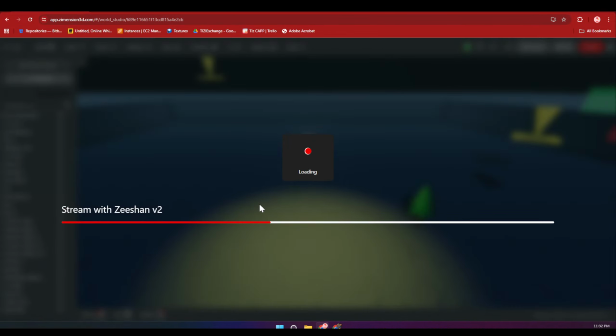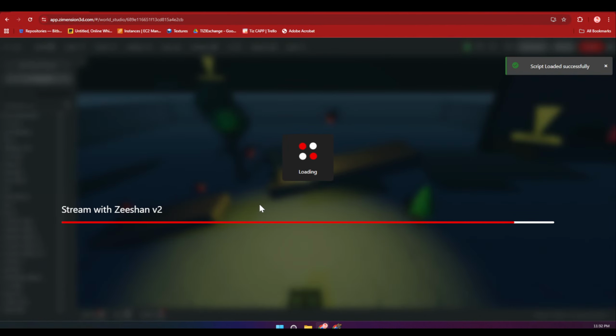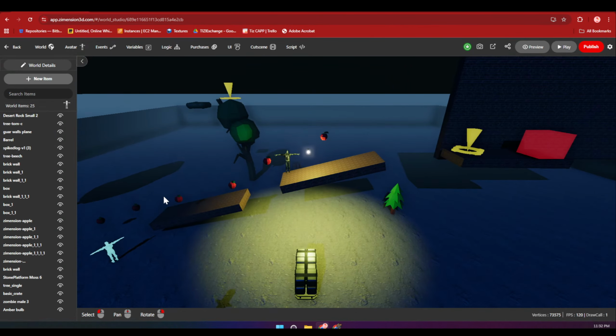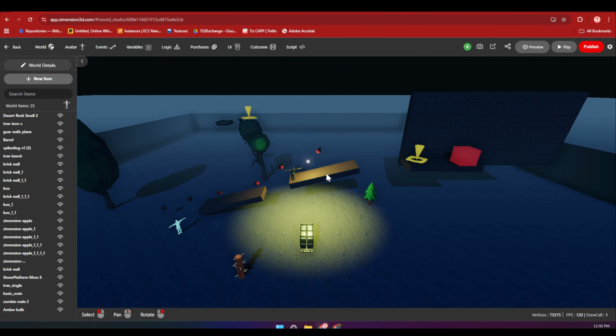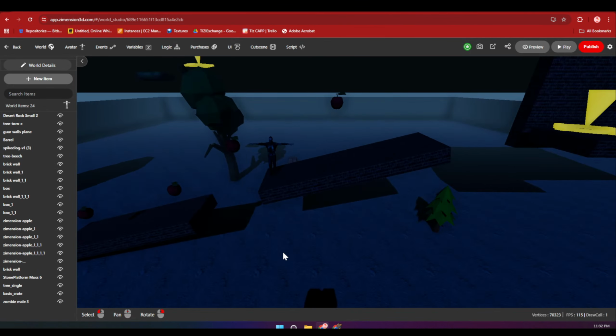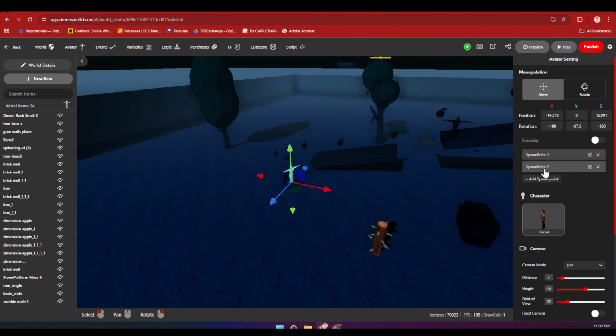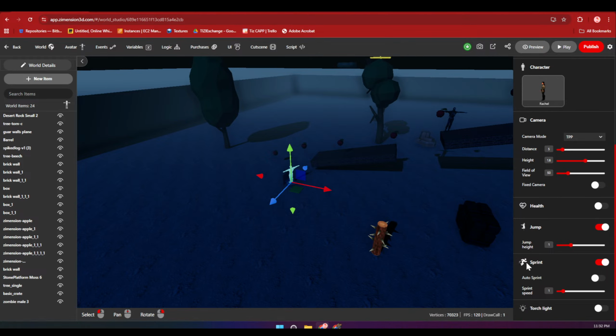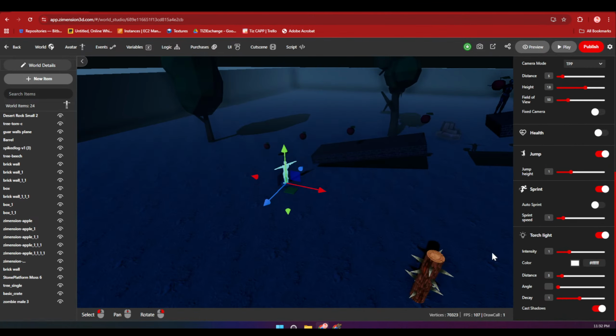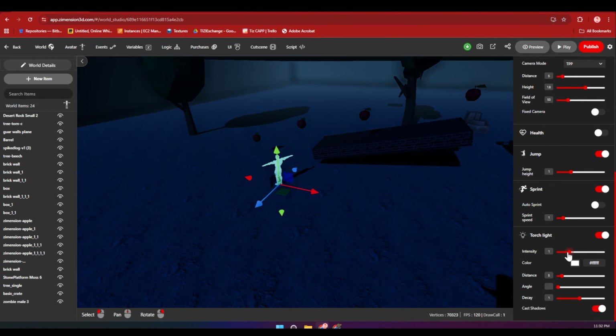Okay, so for those folks out there who want to have a torch on the player and have a first person game, again, I got you covered. First, let me just remove this light. Now we will add light to our avatar. For that, you just have to go to this torch and enable this. This will open up this option.